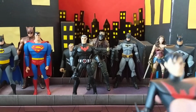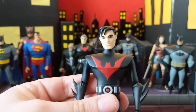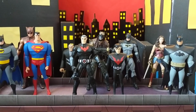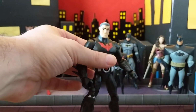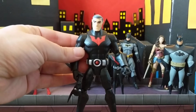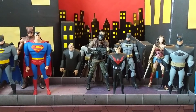It also, check this out. This is one of the little things that I love. Terry McGinnis unmasked. It just looks awesome. So, before I get too carried away showing you some stuff, let's get to the basics. So this is the base and body of the Batman Beyond Total Heroes Ultra Pack. This is the base body, which I love because it looks like it could be Bruce Wayne easily, or an older Terry McGinnis. And the head easily pops off,